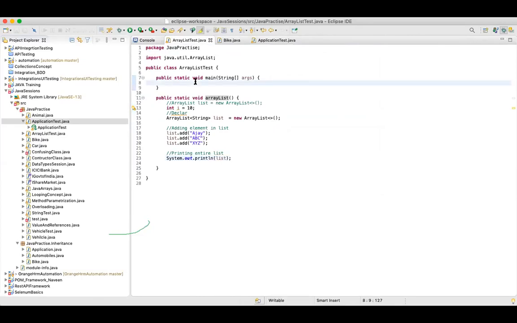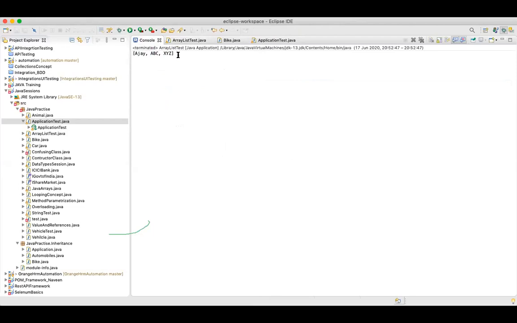Okay, guys. I'm not calling this particular method. I've created a method as public void arrayList, and I'm not calling that method from my main. The execution in Java starts from main, and there is nothing to print, that's why nothing gets printed. I was wondering whether it's running or not. So I'll call arrayList. Now when I run this, it prints the entire list.